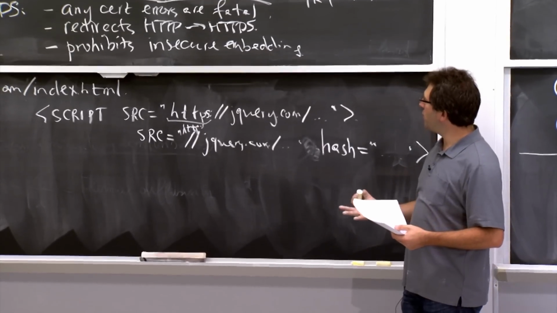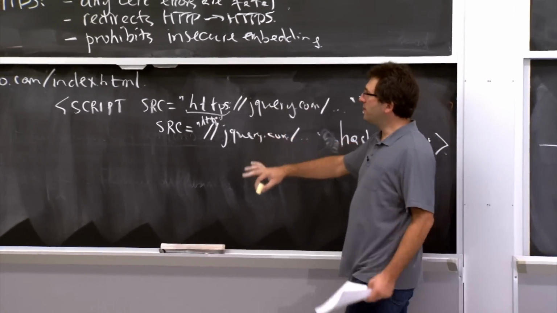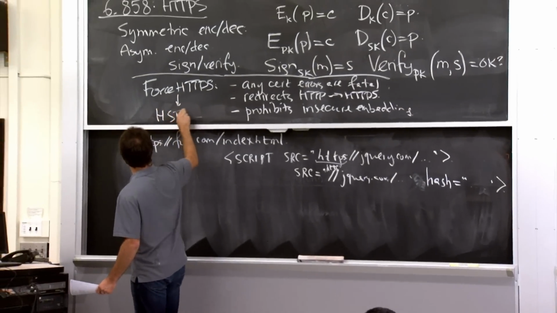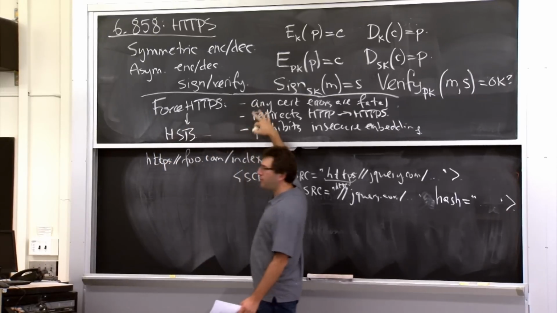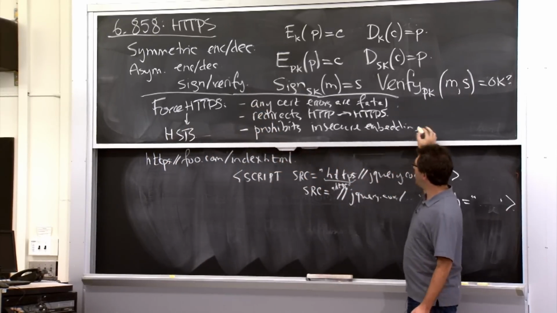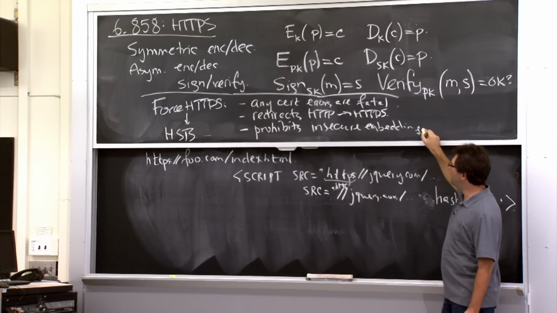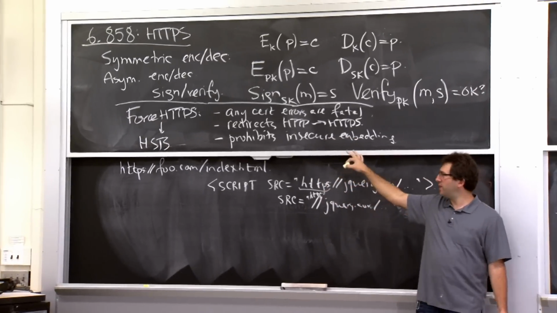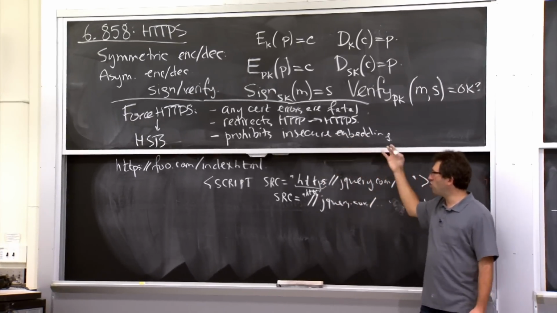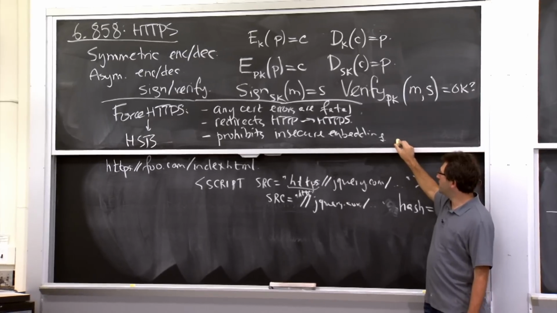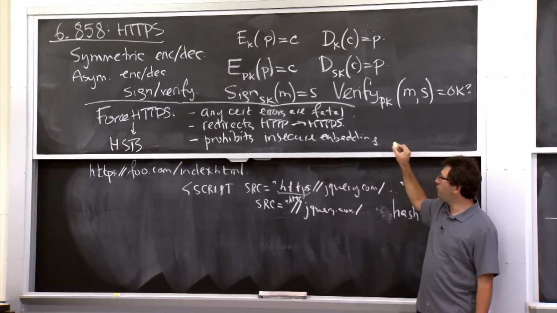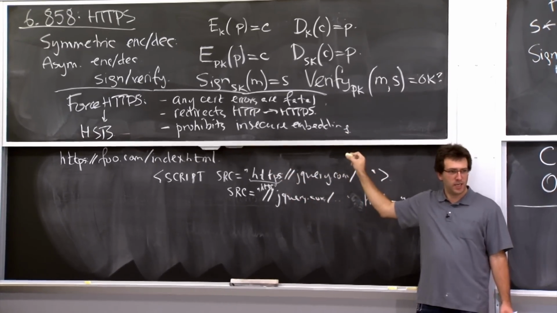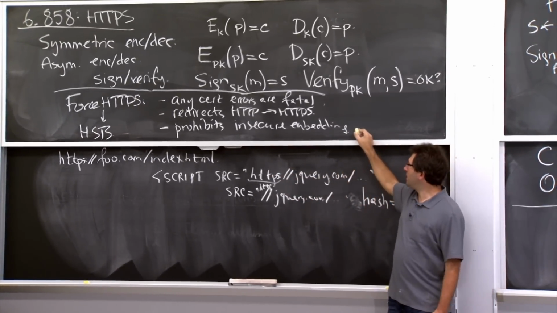In terms of what's going on now, this HTTP Strict Transport Security, HSTS protocol, basically does the same things. Most browsers now prohibit insecure embedding by default. This used to be a little controversial because many developers had trouble with this. But I think Firefox and Chrome and IE all now, by default, will refuse to load insecure components, or at least insecure JavaScript and CSS, into a page unless you do something.